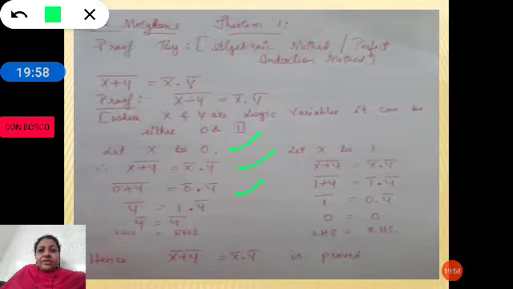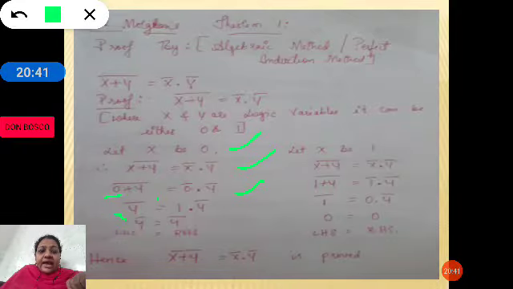So 0 plus y: you have a theorem which says that 0 plus x is equal to x. So 0 plus y is equal to y, and there is one bar, so we are writing y bar. 0 complement is 1 ANDed with y bar. So here we will write y bar as it is. 1 ANDed with x is equal to x. There is a property of 1, the second property of 1, which says that if a variable is ANDed with 1, it is same as the variable.